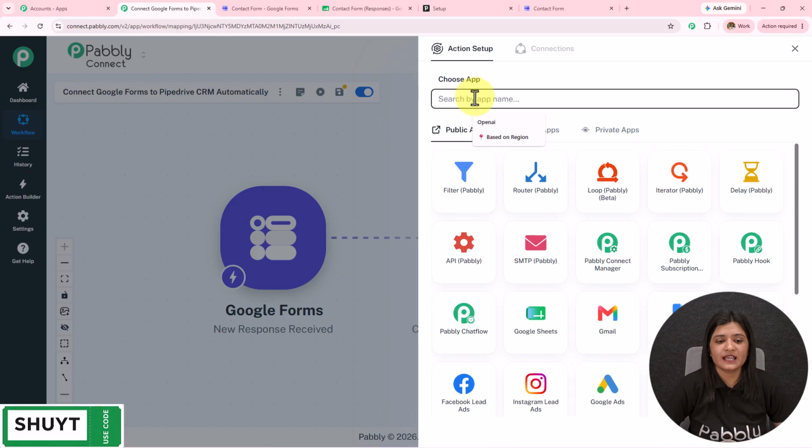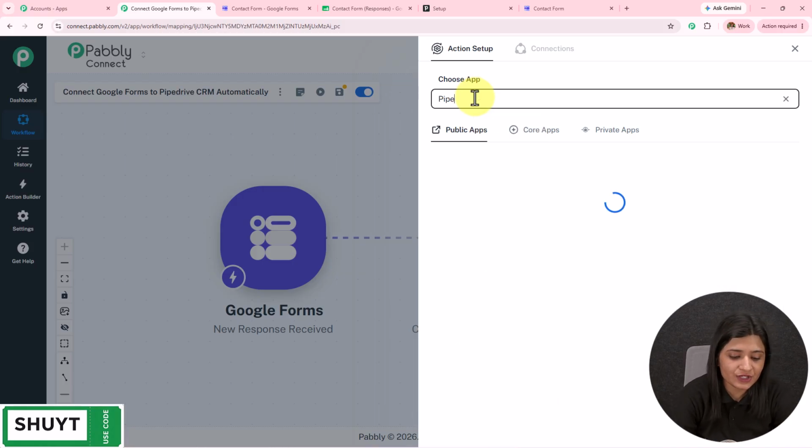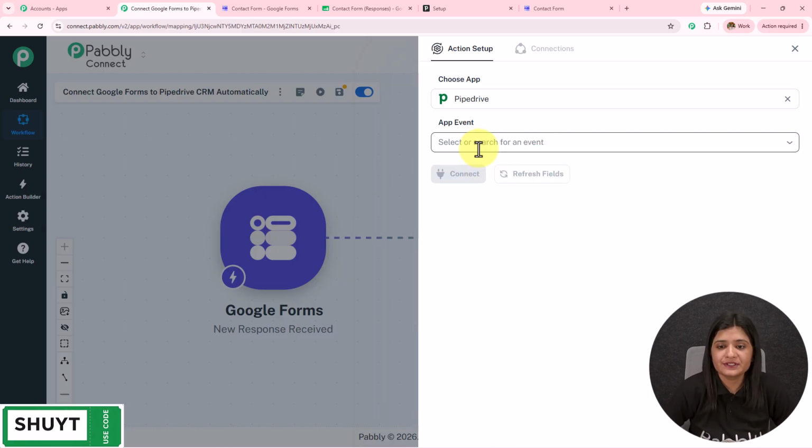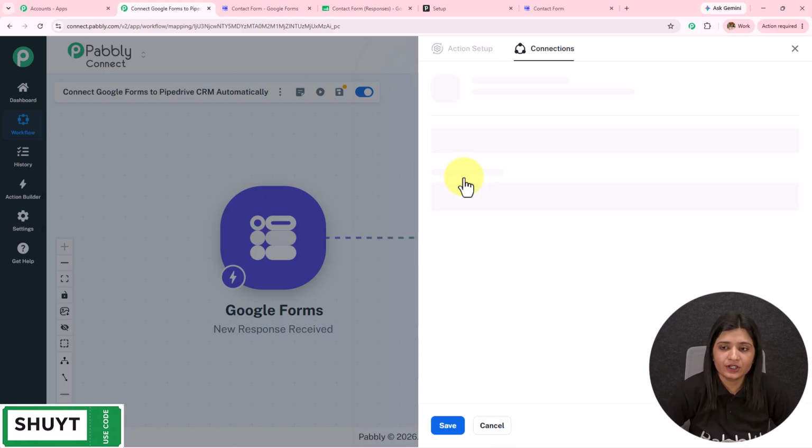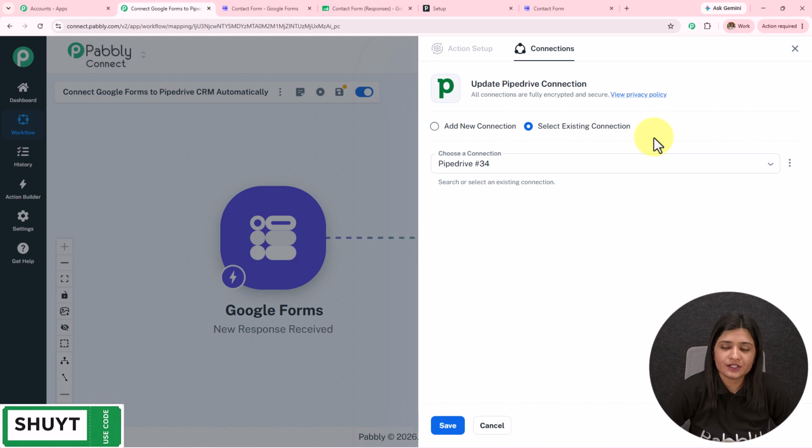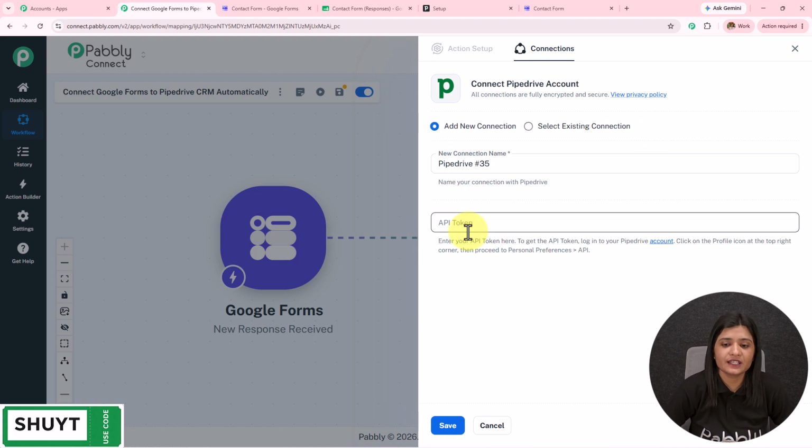I'm going to click on this add new action step, and in my action application, I'm going to search for Pipedrive. In the action event, I'm going to select create a person and then click on connect. If you have an existing connection, go with save. If you don't have one, click on this add new connection, and now to make this connection, we have to